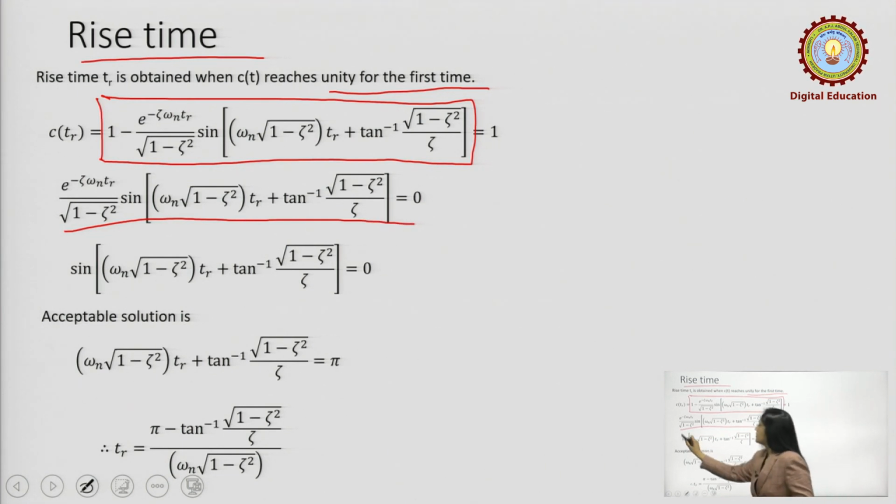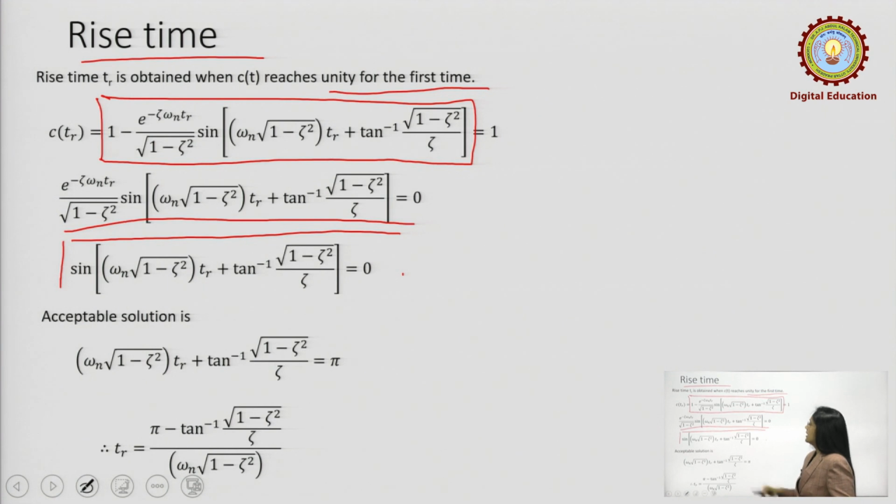That means that we are remaining with this term sin omega n root of 1 minus zeta square Tr, since we are talking about the rise time, which is when the response is equal to 1. Therefore, we have put the value Tr here. And what is the acceptable solution for this? The acceptable solution is that this value should be equal to pi, and therefore, the time response curve when it reaches 1, that is rise time, is pi